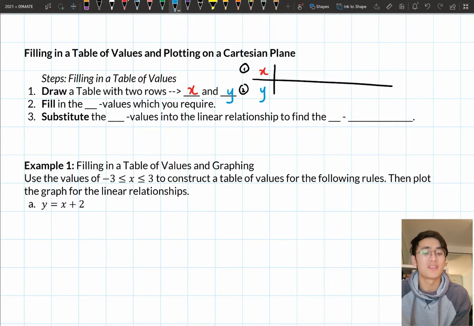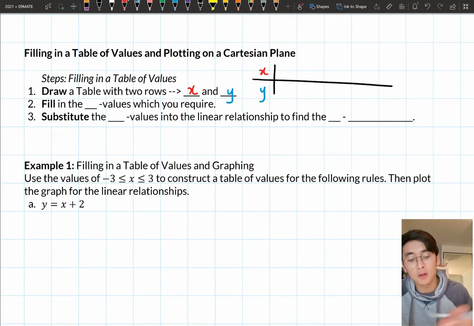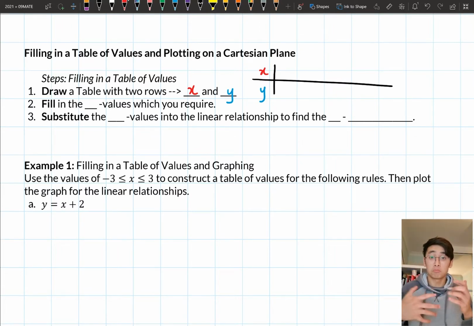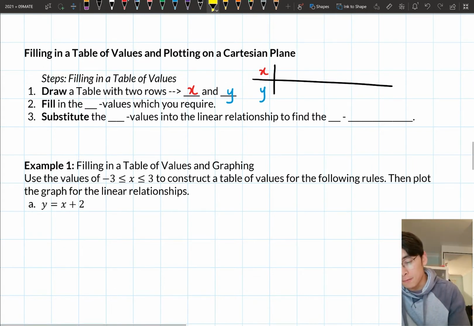Okay, and y is at the bottom. There we go. So that's my first step. I'm going to draw up a table where I've got 2 rows, x and then y at the bottom. Then what I'm going to do next is fill in the x